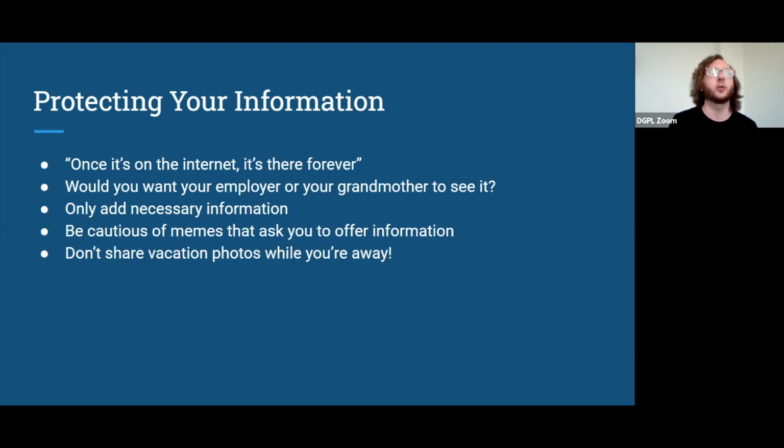You don't need to fill out your entire employment history. Just keep it to the essentials. Think about what you really want to share with people. This is not an exercise in completion. Remember that you're on social media so you can connect with people better. And if an element of that is trying to get back together with old high school friends, then by all means add that. Just be aware of what you're adding and why.